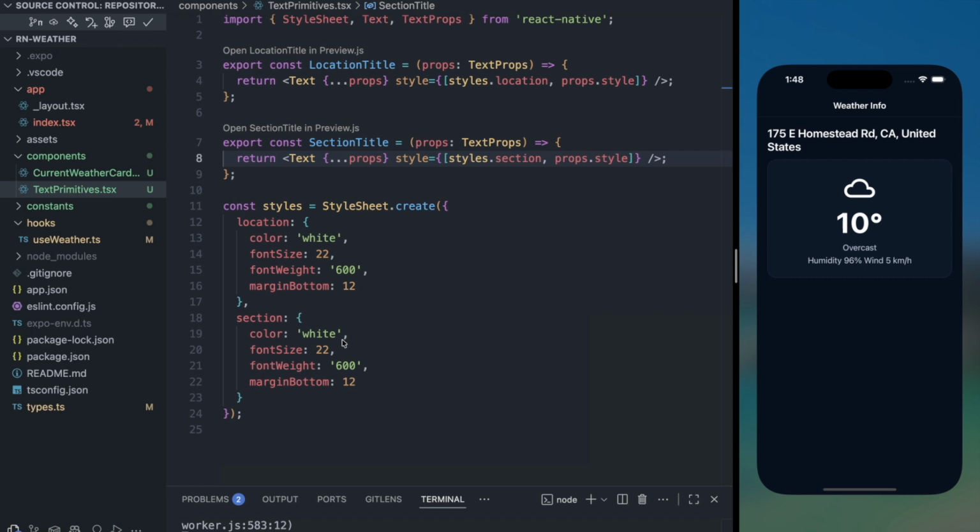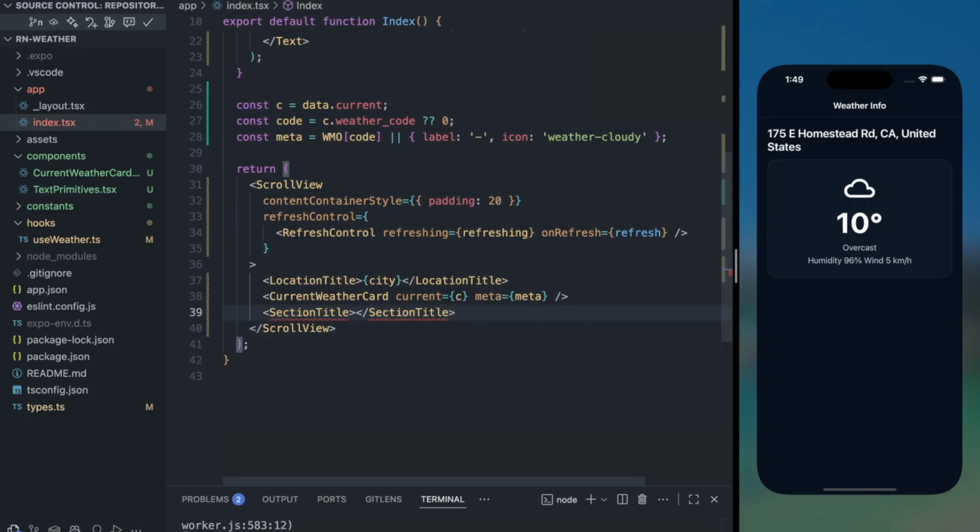title text. So I will add few properties over here. So the color is white, same. Next I will provide margin top, which is 4. Margin bottom would be 10. Then I will provide font size, and for section title font size is 18 and font weight would be 600, same. Save it. Now I will go to my index file and I will change the value to next 3